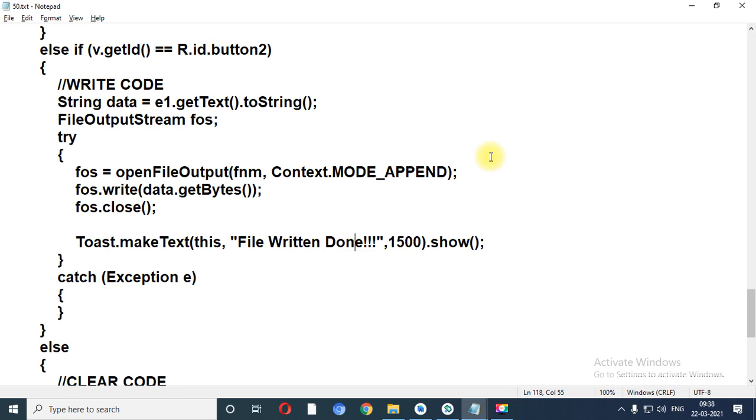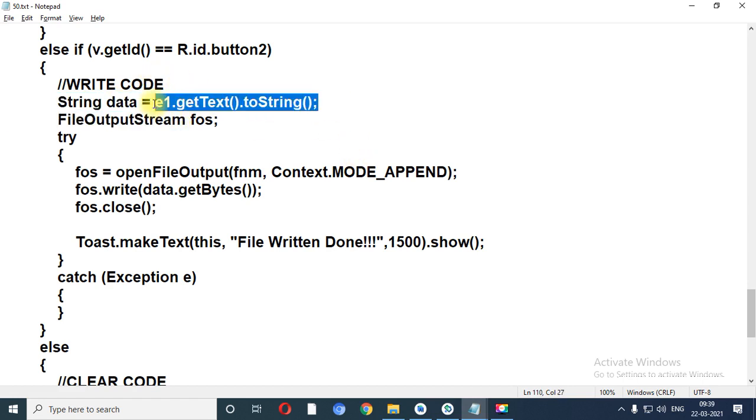I want to repeat this code once again. What steps have we performed? Number 1, my requirement is such that I want to write my content into the file. The content I have placed inside edit text. So for that I need to create one local variable called data.